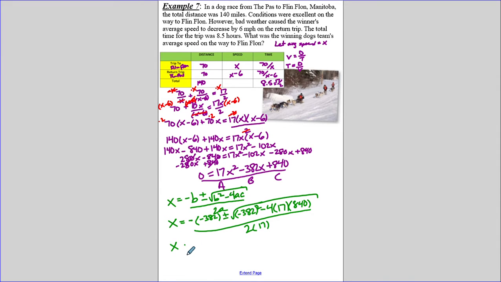So x is equal to, a negative times a negative is a positive, 382, plus or minus. If I take the 382 and square it, I'm going to get a huge number. So under the square root here, I'm going to get